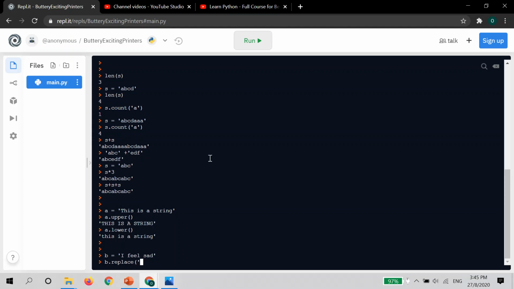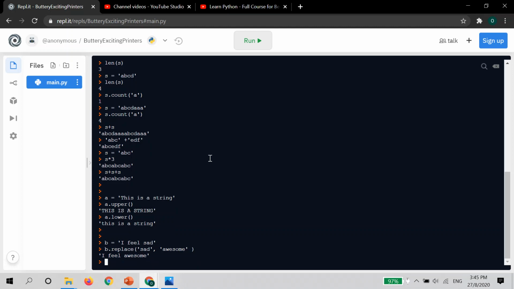The first parameter is the part you want to replace, and the second parameter is what you want to replace it with. So now if I do B dot replace sad, awesome, we are telling Python we want to replace the substring sad with awesome. Now I press enter. I feel awesome.